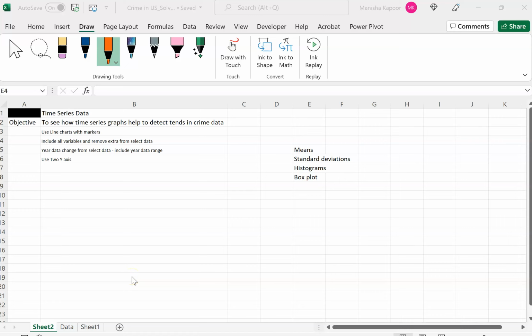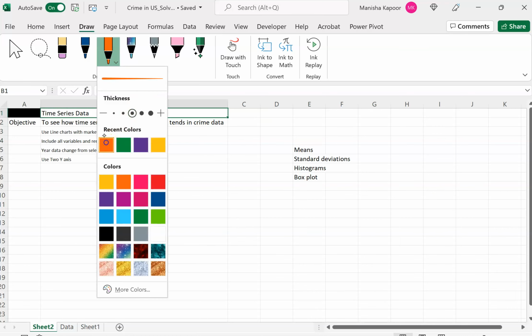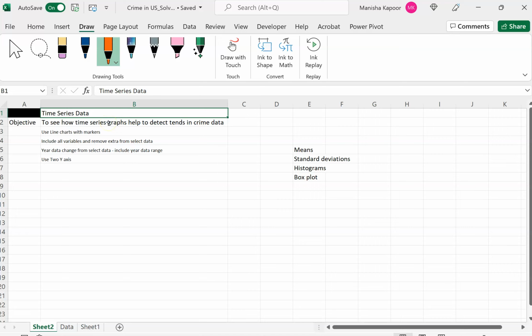Hello everyone. In this session, we'll discuss time series data and how to analyze these time series variables. But before that, here is the objective for this session. Before we go into this, it's important to understand that your summary measures such as mean, standard